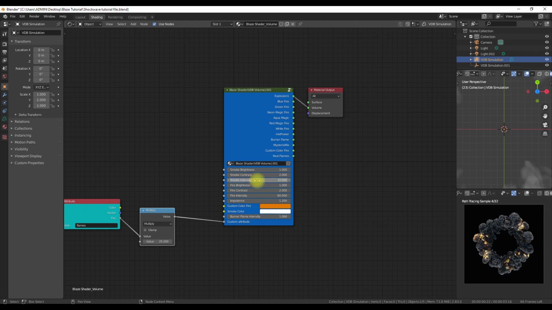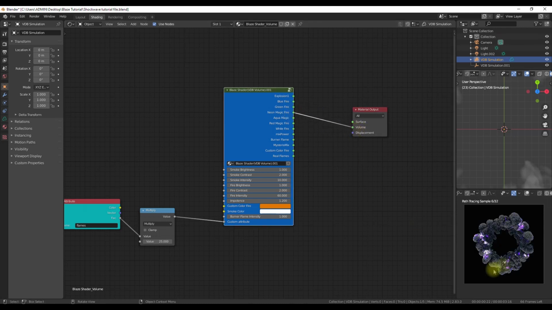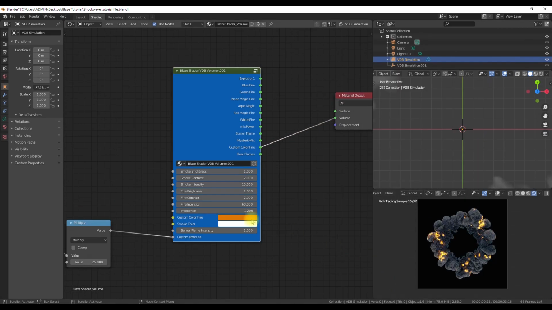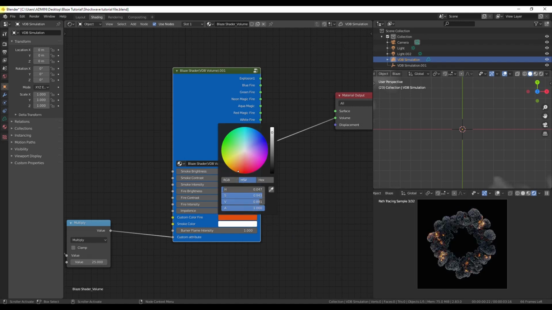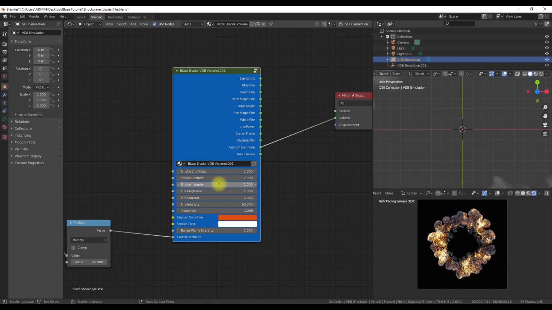It worked well. Normally you don't need to do this, but as I said, this case is special and the flame attribute was not working as expected. When I exported it from Embergen, the flames were visible in that, and when I imported it into Blender, the flames were not visible, and multiplying the flame attribute by some value will work for this type of problem.